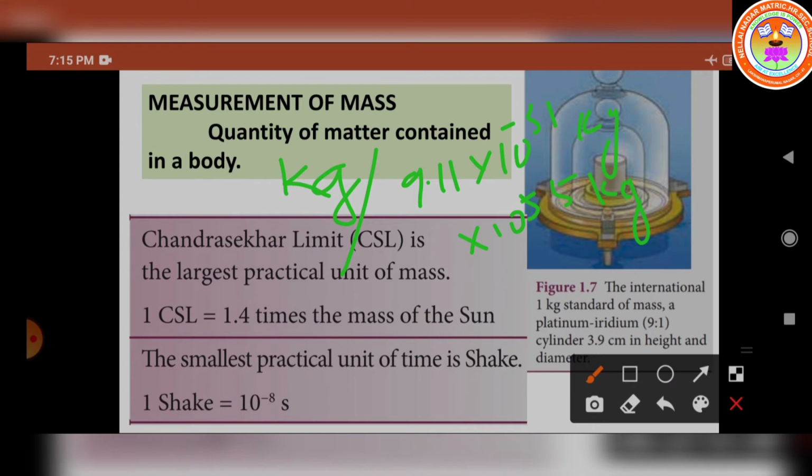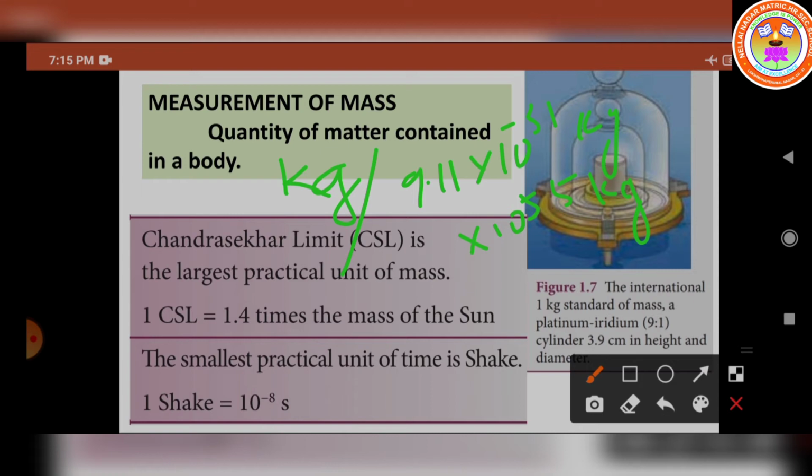Ordinarily, the mass of an object is determined in kilograms using a common balance, isn't it? But for measuring larger masses like that of planets, stars, etc., we make use of gravitational methods. And some of the weighing balances commonly used are common balance, spring balance, electronic balance, etc. This also is used to measure the mass of an object.